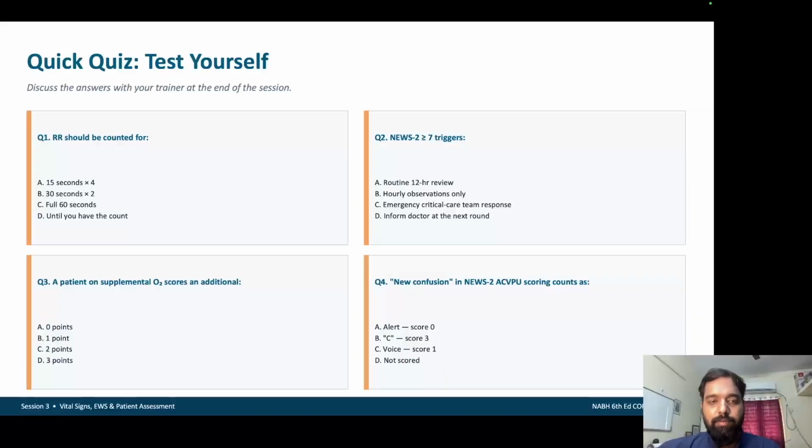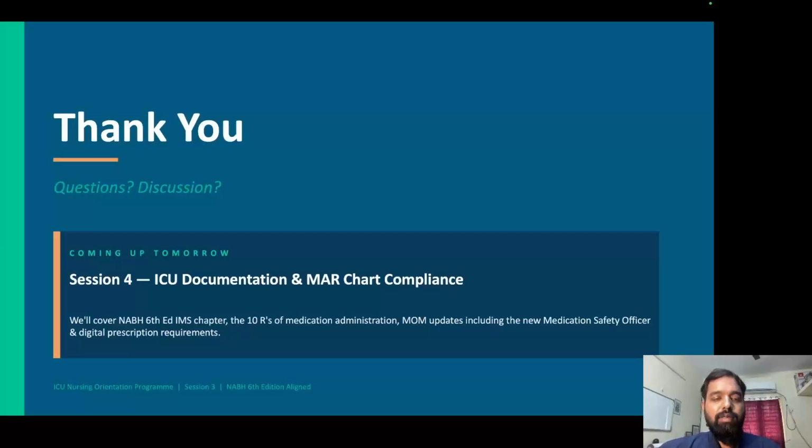The next session will be session 4, regarding ICU documentation and MAR chart compliance. We will cover the NABH 6th edition IMS chapter and the 10 rights of medication administration, and the new inclusion of the medication safety officer and digital